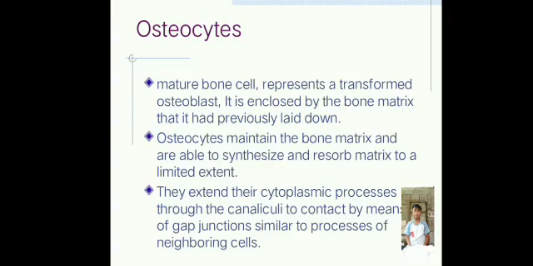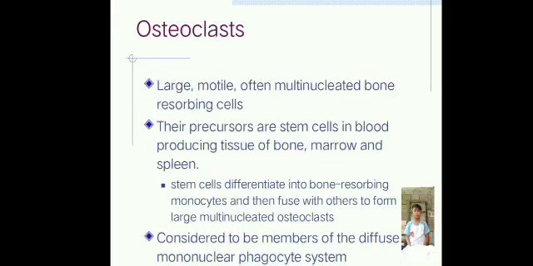Osteocytes maintain the bone matrix and are able to synthesize and resorb matrix to a limited extent. They extend their cytoplasmic processes through the canaliculi to contact, by means of gap junctions, the processes of neighboring cells. Osteoclasts are large, motile, often